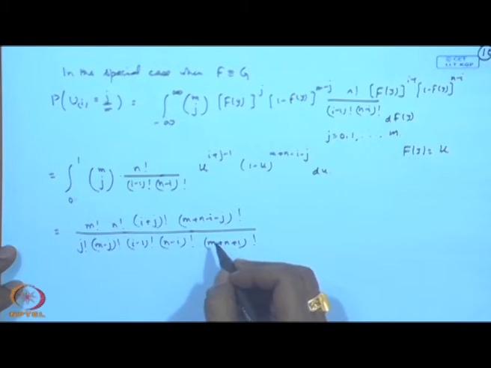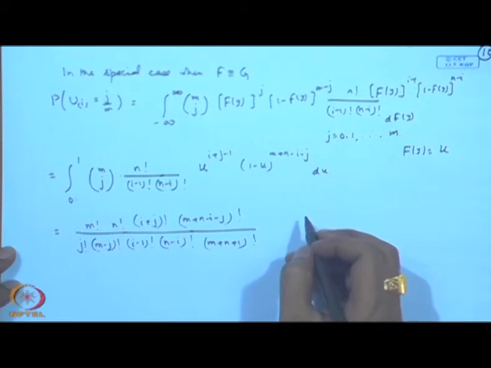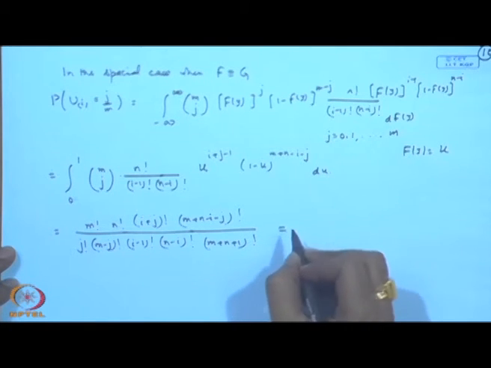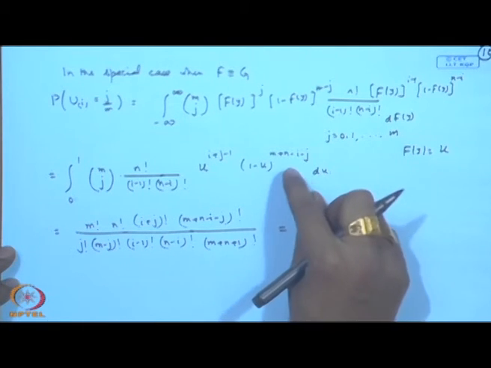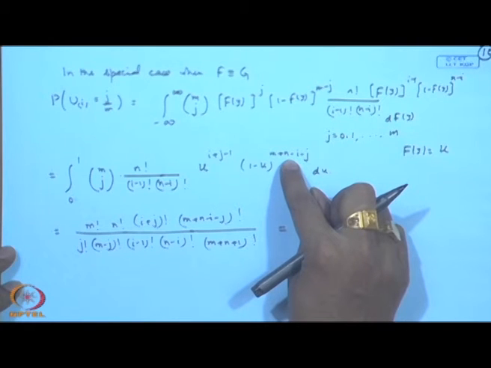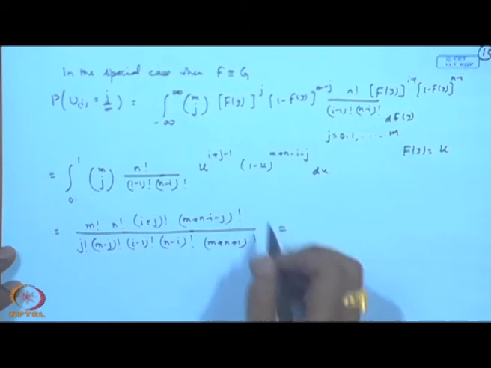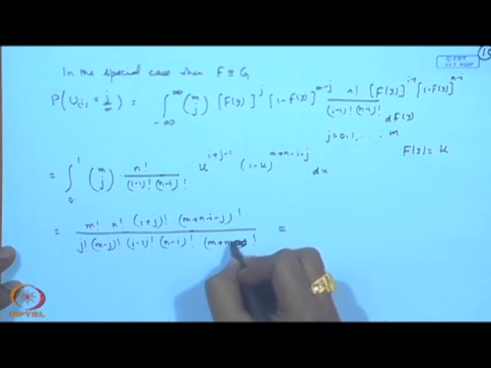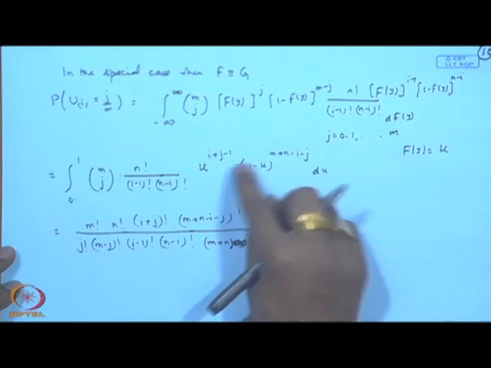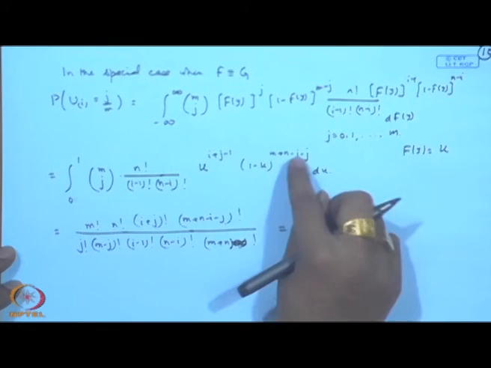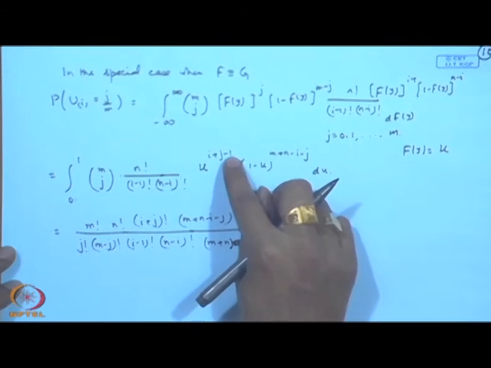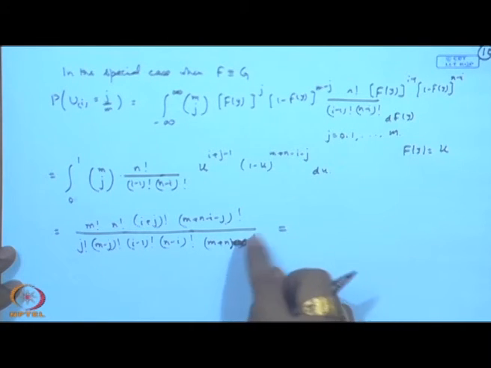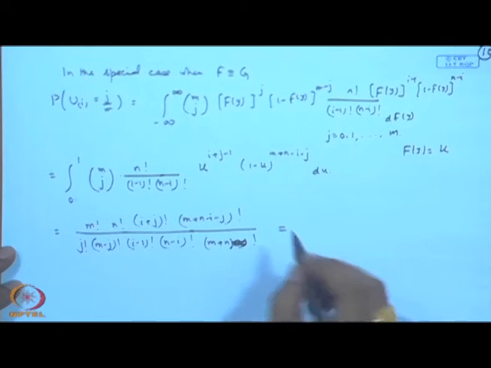So, many of the terms can get adjusted here, and you can write it as, I am not sure whether all the terms are okay here. This will become, sorry, m plus n factorial, right, because m plus n plus i plus j minus i minus j, so this will get cancelled out, minus 1 plus 1. So, it will become m plus n factorial, right. Now, I think this is correct.